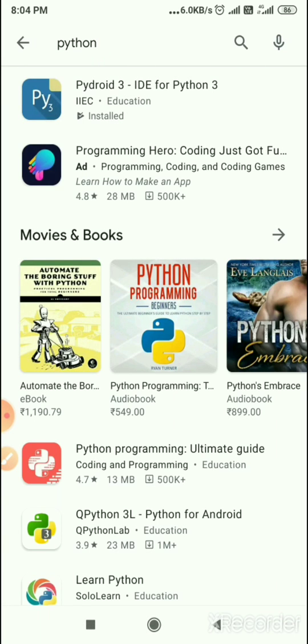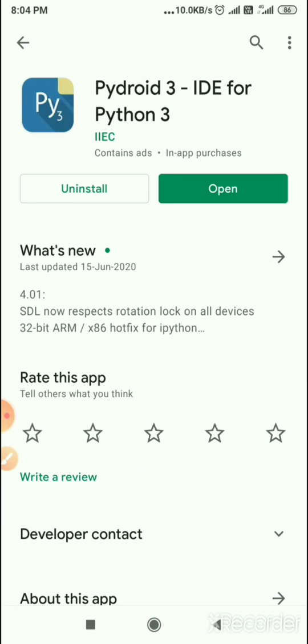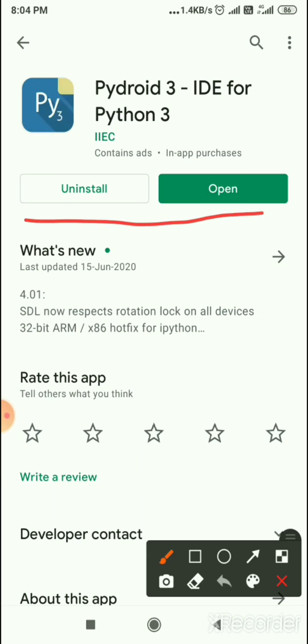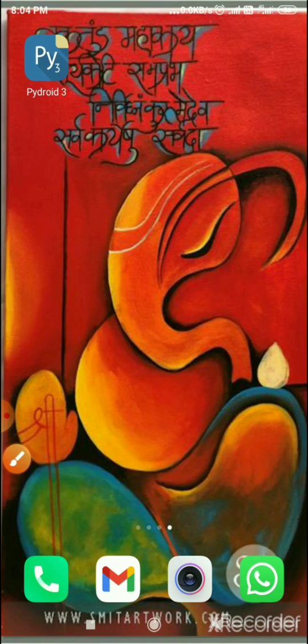We will have an option here, Python 3. This you will download, as this application is already on my mobile. So here I have the install and open option. You will have the install option. You will install it and you will have this interface.